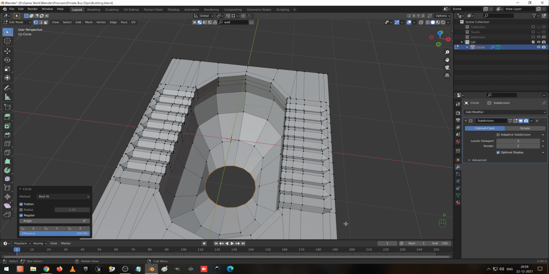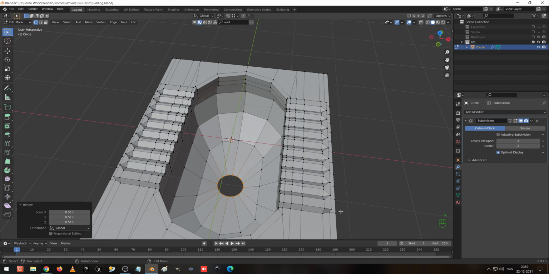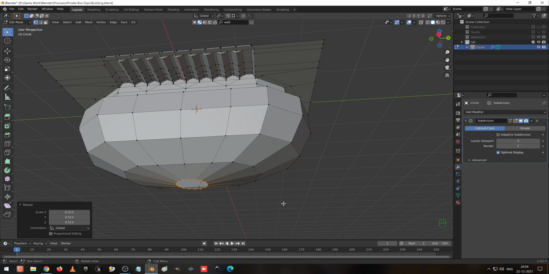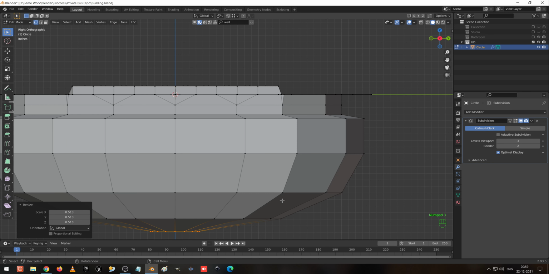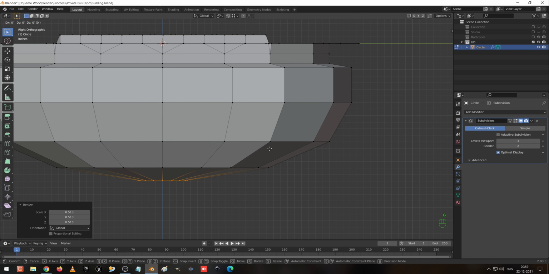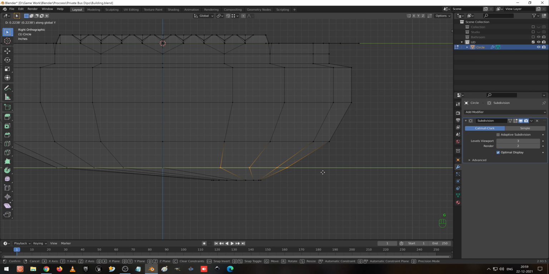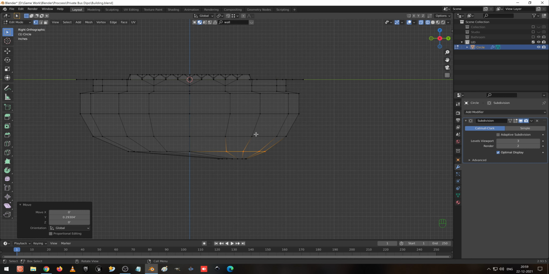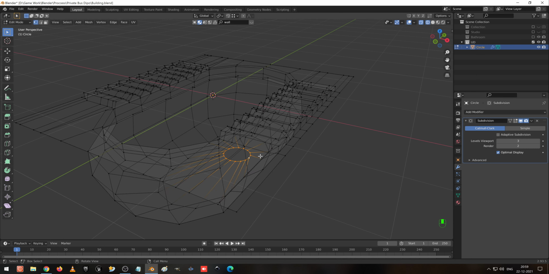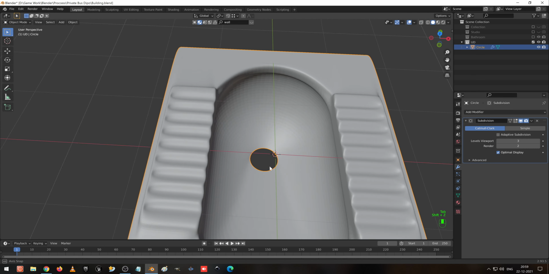I am going to scale this down to the bottom and go to the side view, press G Y to move like this, and select this, go to the wireframe and select this one, G Y to move towards like this, and select this, and we can see in the bottom how it looks.